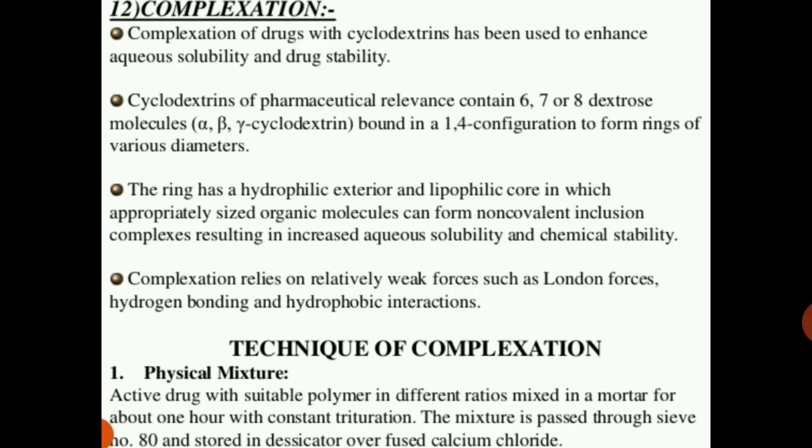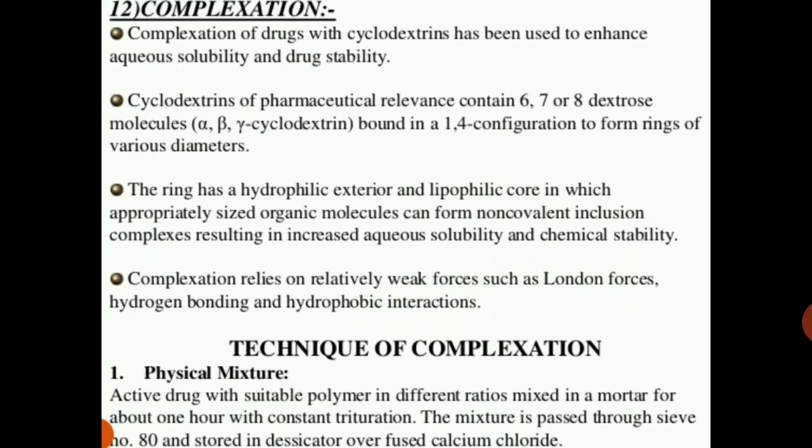complexes with many drugs by taking up the drug molecules or some lipophilic moieties of the molecule into the central cavity. No covalent bonds are formed or broken during complex formation, and the drug molecules in complex are in rapid equilibrium with the free molecules in the solution. The driving forces for the complex formation include the release of enthalpy-rich water molecules from the cavity, hydrogen bonding, van der Waals interactions, charge transfer interactions, etc.